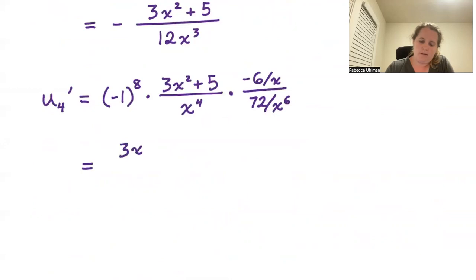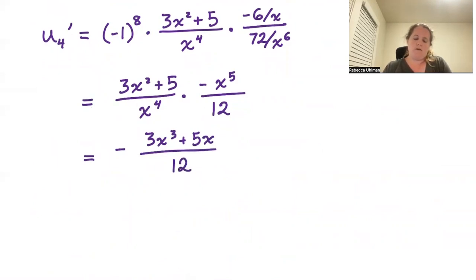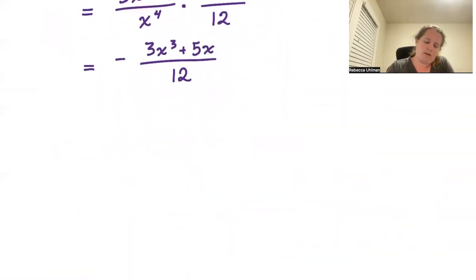Then we have 3x squared plus 5 over x to the 4th times a negative x to the 5th over 12, leaving us with a negative 3x cubed plus 5x, negative out front, all over 12. So at this point, we can go ahead and integrate